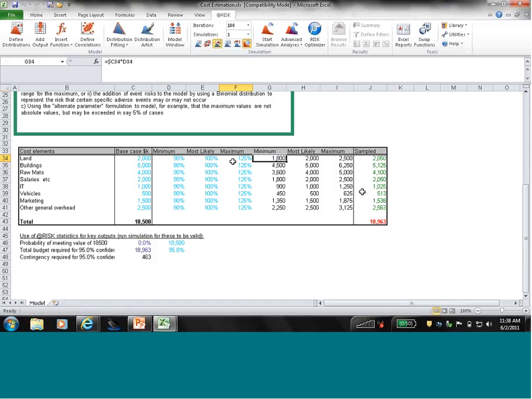We then generate these values in each of these columns, obviously the minimum being 90% of $2,000 is $1,800. And what we can then do, similar to a triangular distribution, is use a PERT distribution. It's a little smoother, and we've replaced these cells with PERT distributions. We can run a simulation,